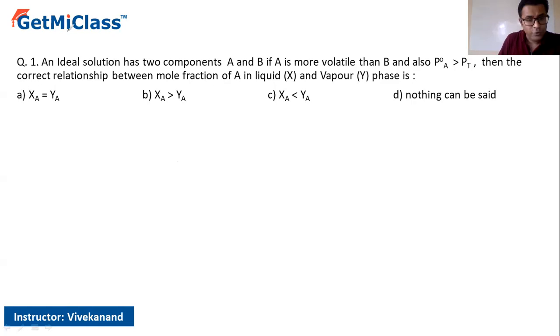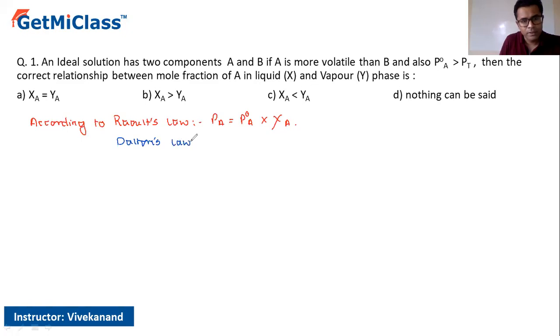According to Raoult's law, the expression that we have is PA is equal to P naught of A into chi A, the mole fraction of A. While according to Dalton's law,